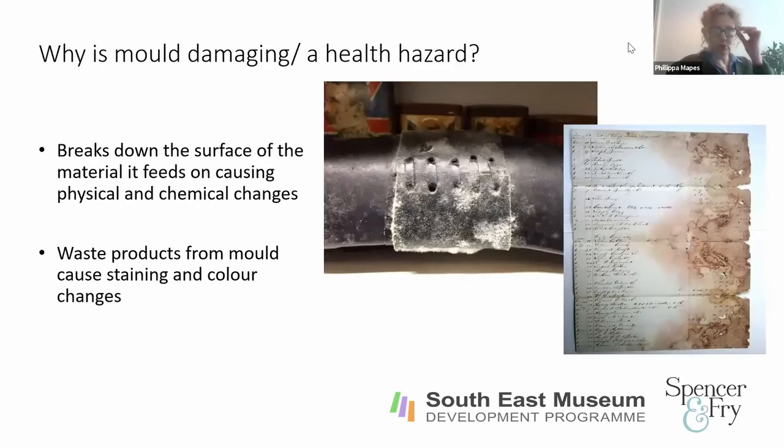So why is mould damaging and why is it a health hazard? Well, in terms of historic objects, mould will break down the material that it is on to use as a food source. So this can cause permanent physical and chemical weakening of the material. Mould can affect the appearance of an object as the degradation products it produces can stain the material and cause